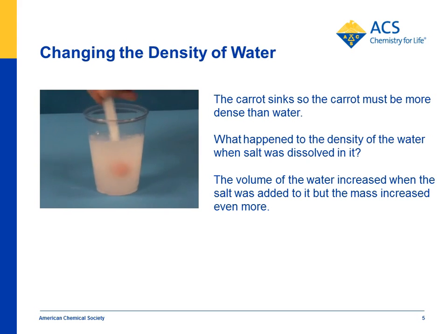And if you put enough salt in, you can increase the density of the water enough that instead of sinking, the carrot floats. So we would ask students, when the carrot first sunk in the water, what was more dense, the carrot or the water? And now that the carrot floats, what's more dense, the carrot or the salt water? The salt water is more dense. The reason is because we added mass to the water without increasing its volume very much. So we increased the density of the water enough, so now the carrot floats.